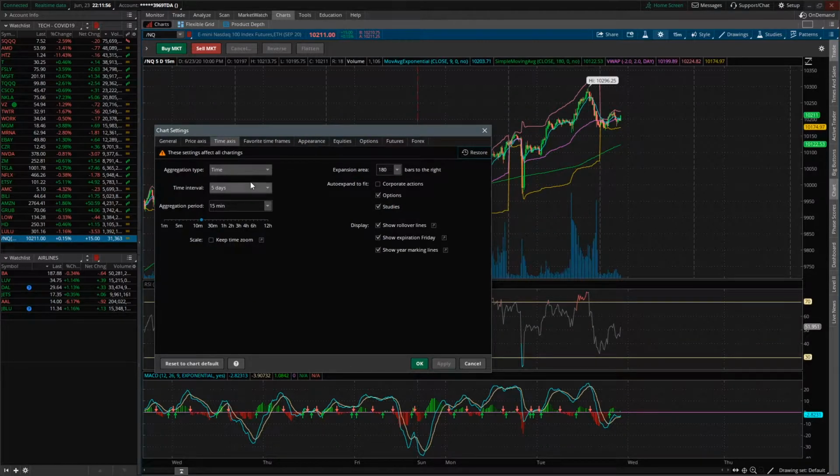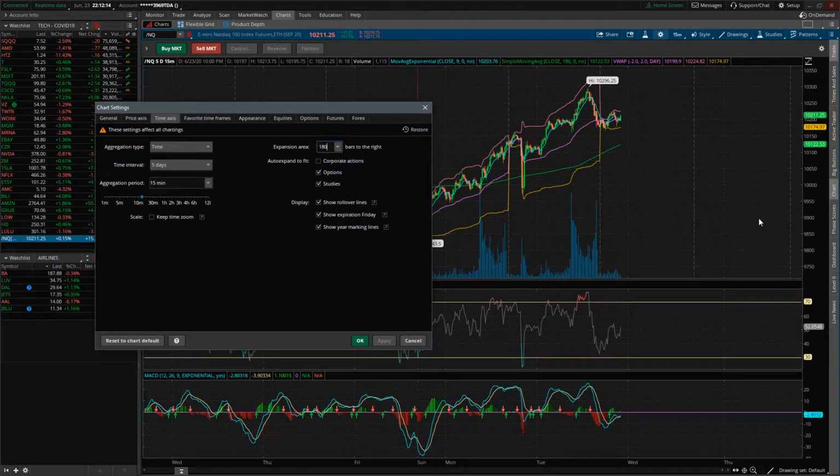Time axis allows you to set up your time interval periods so that you could focus in on specific periods you're wanting to check. An aggregation period is essentially the length of that candlestick. One thing I did change in here was the expansion rate. So this essentially allows me to gain room over here on this side of the chart, because if this wasn't here, you're not actually able to work,